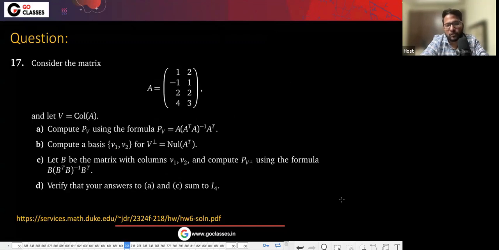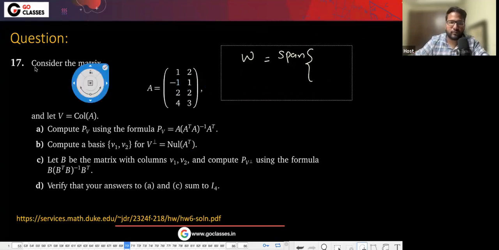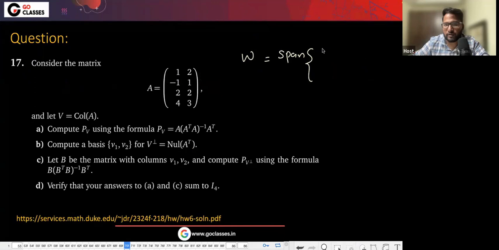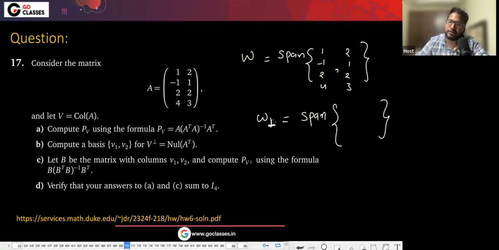Okay. So by the way, let's suppose some space W is given to you, which means it is a span of some vectors. Let's take two vectors, for example. And someone asks you how to calculate this W complement, the orthogonal complement, which is a span of which vectors. How to calculate this? What you can do, if someone asks you,